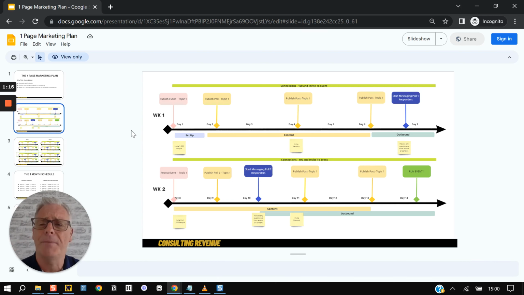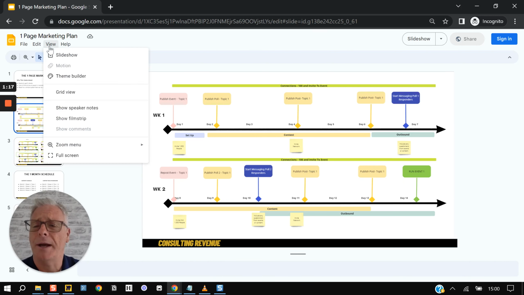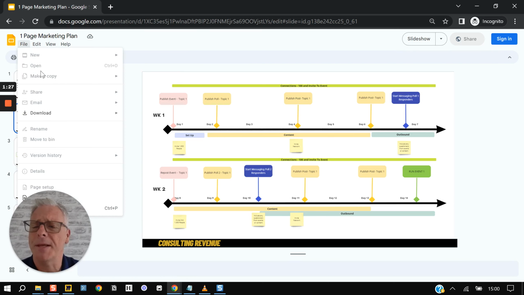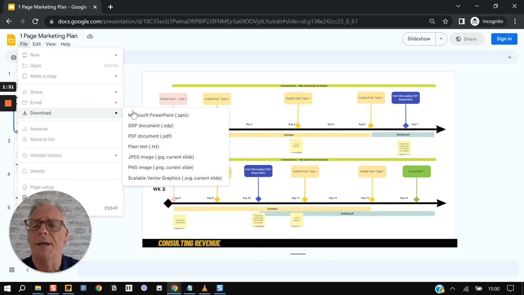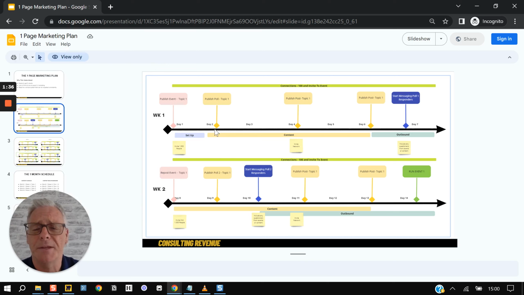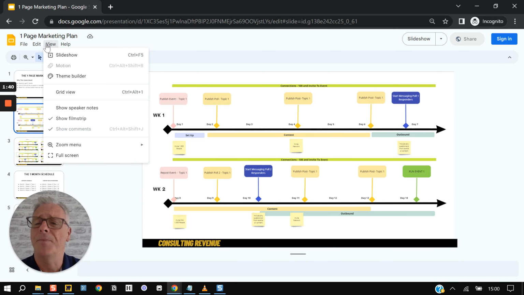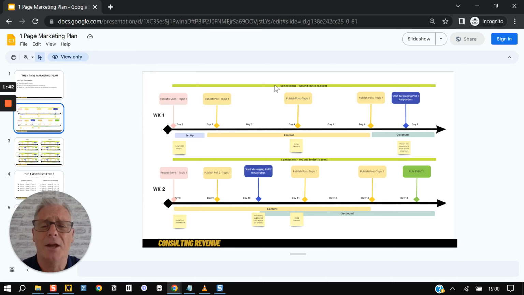So this is the map that you have. Just a couple of logistical things. When you get access to this document, you may or may not be signed in. So it's Google Docs. All you need to do, if you want to make a copy, that's absolutely fine. When you sign in, you can make a copy, or you can download it as PDF or PowerPoint, whatever you want to do. This is an embedded image, so you won't be able to edit it. So let's just take a look at this.